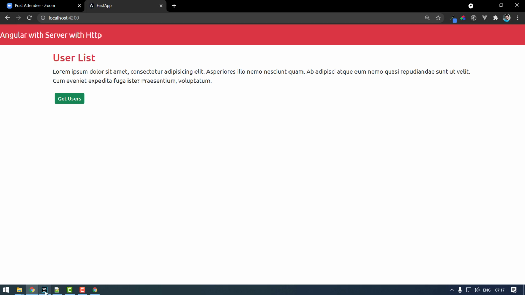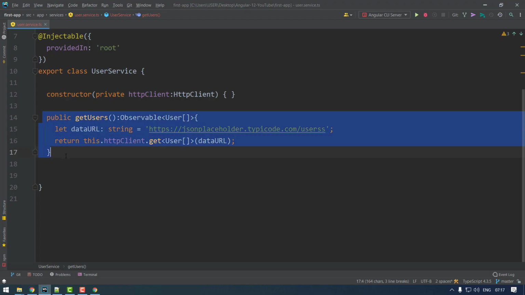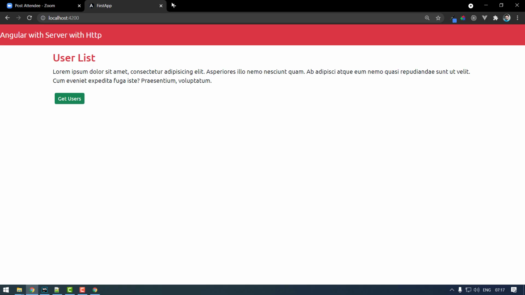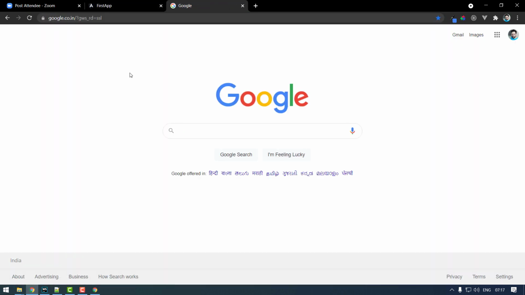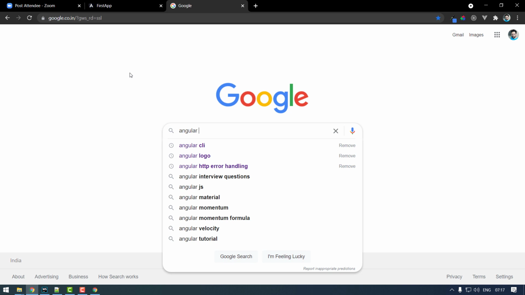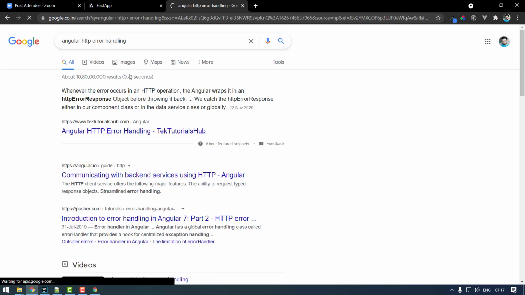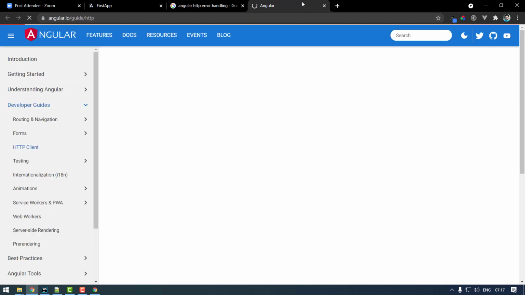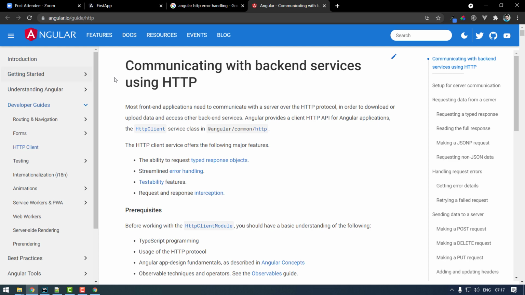So how do we handle errors in Angular? Here we wrote a service, and along with the service you have to create another method that will handle the errors the HTTP client receives. For that there is code available. Search in Google for Angular HTTP error handling and you will get the page Communicating with backend services using HTTP.